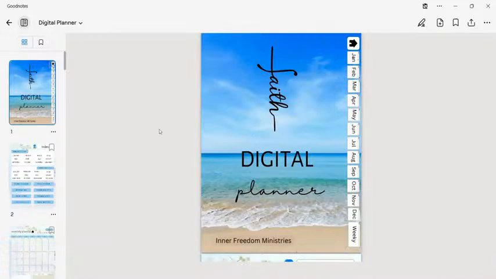So, this is our new Faith Digital Planner. I hope that you'll find it